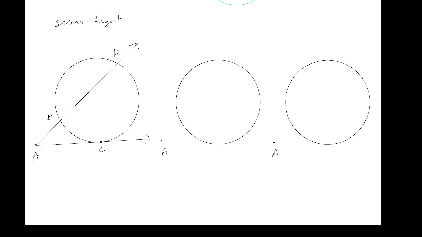All right, next, we're going to take point A. This one's actually a little bit easier, I think, to draw, because I don't have to draw a tangent line. I can draw a secant and then yet another secant. So they're going to share that